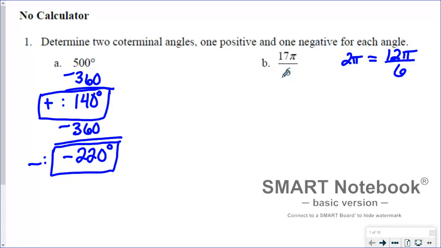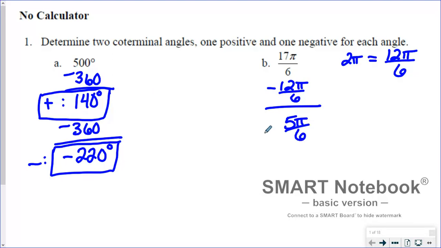Again, if you notice that this is larger than 2 pi, you can do the same thing we did over here, where you don't necessarily have to add right off the bat. If you subtract 12 pi over 6 from here, then you will get 5 pi over 6,